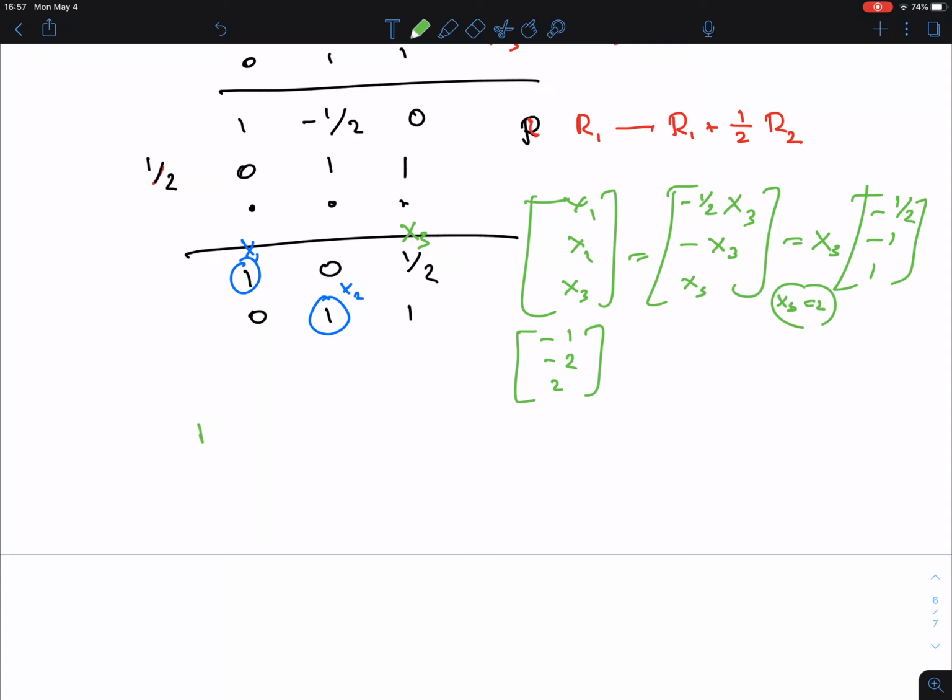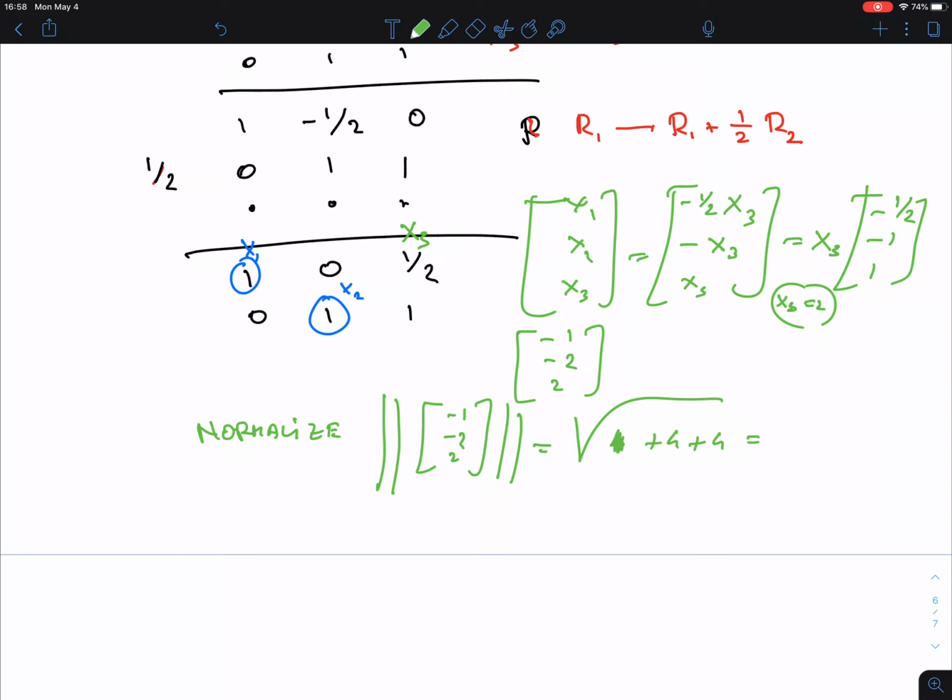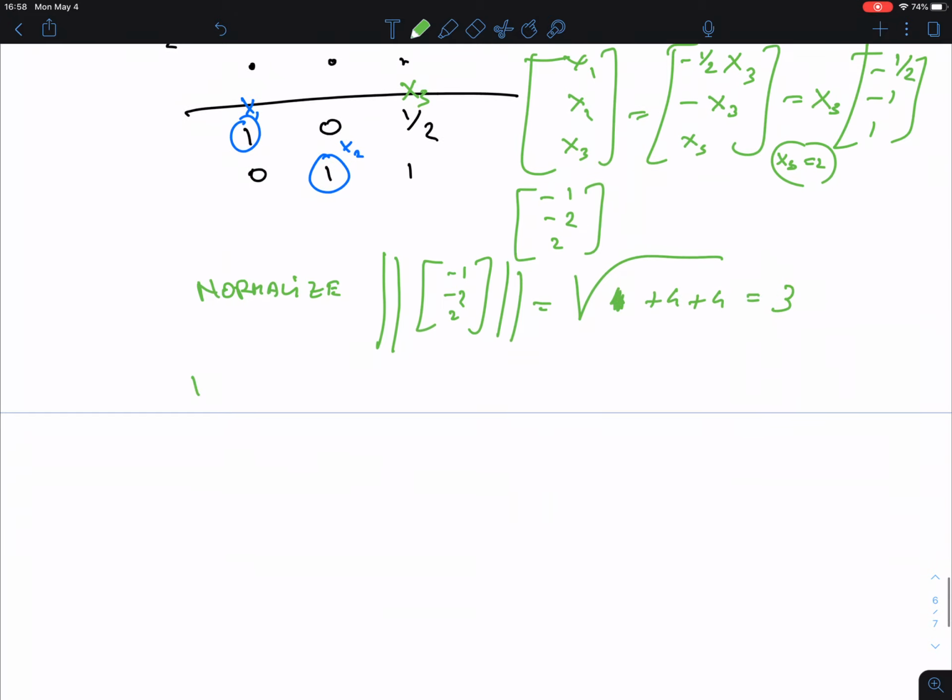And now I have to normalize this, so I have to take the norm of this guy. And it's 1 plus 4 plus 4, again 3. Okay, so the basis that I'm going to have is minus 1 over 3, minus 2 over 3, 2 over 3. Okay, so what we've done is really an orthogonal diagonalization of a 3 by 3 matrix, but